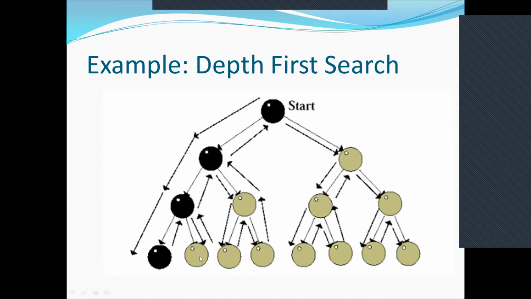Now once that is over, it backtracks to the parent, and from the parent to the parent of its parent, and again the rightmost node. From this rightmost, again it goes vertically down. Meaning what it does, every time it goes one by one deep into the